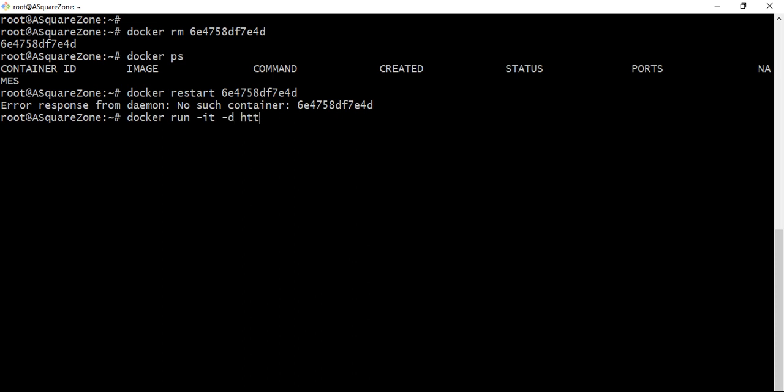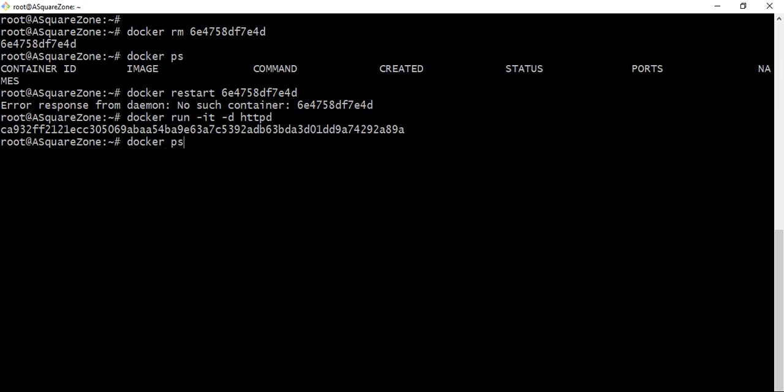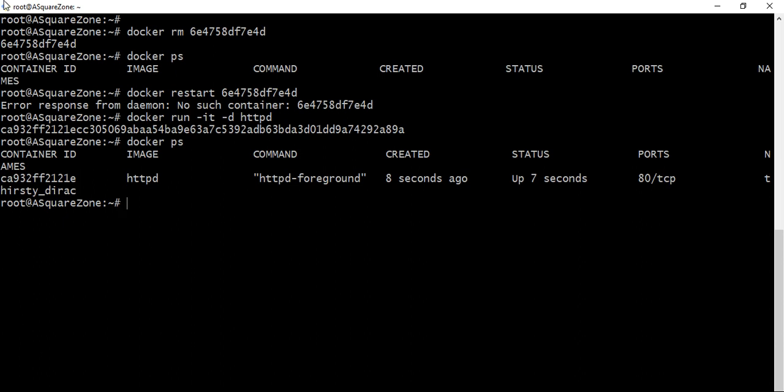As we have the image httpd, we are going to run it again, and we have a container here. So we will stop this container with docker stop container ID, and then try to restart it.